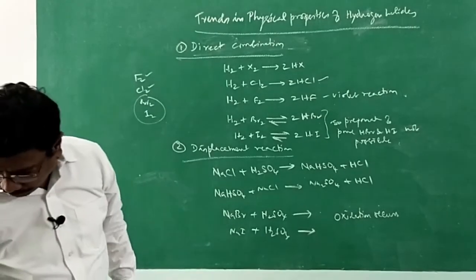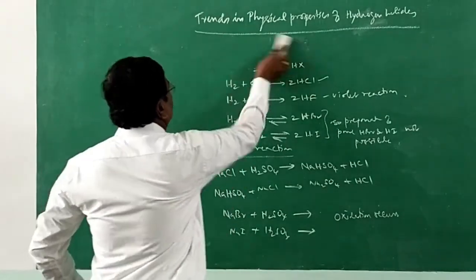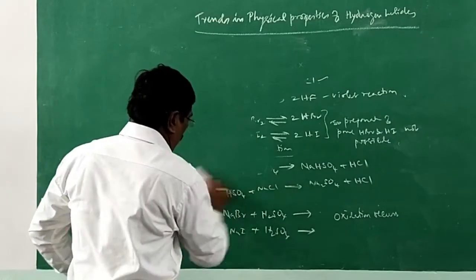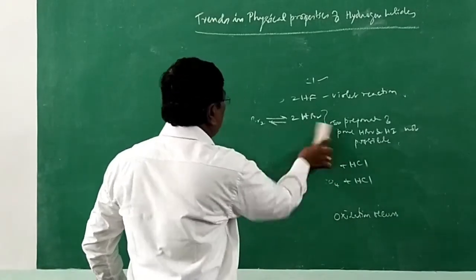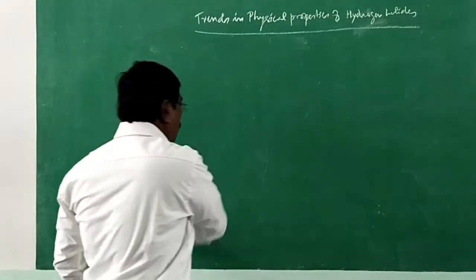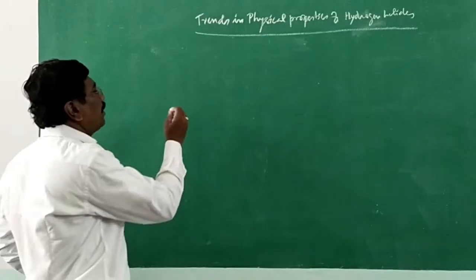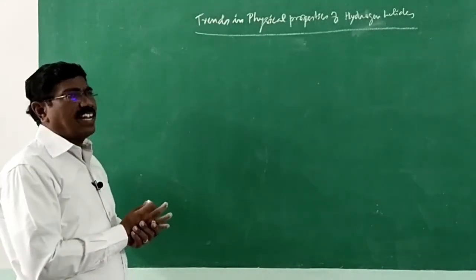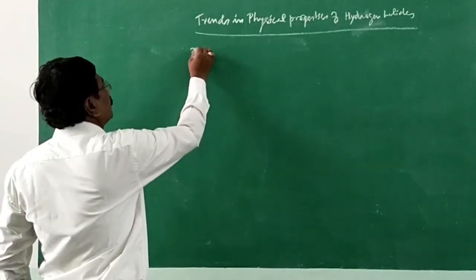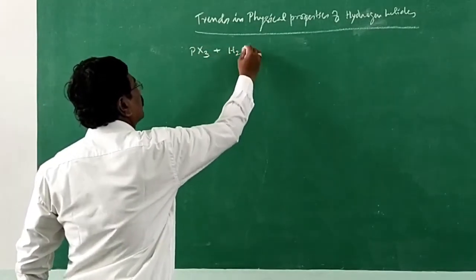Then, next one, third method. So, we are differentiating the properties of hydrogen halides based upon the preparation itself. Third method, preparation of hydrogen halide from phosphorus trihalide. When phosphorus trihalide is made to react with water, usually in drops,